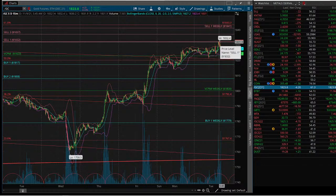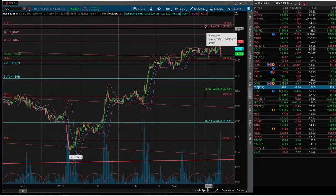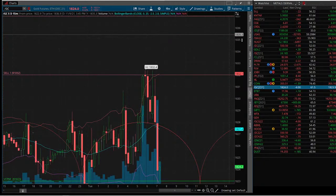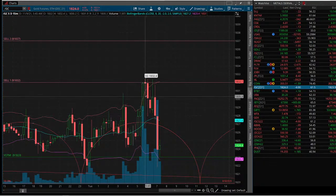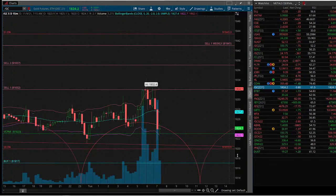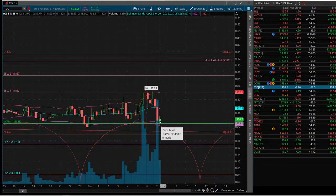So initially the market showed resistance at 1832, 1837. The sell one weekly is all the way up to 1841. And from the way it looks like, it's going to have to close above 1832. The close above the average price of 1832 will activate a daily price momentum. And I'm using the gold market as an example, as a technical indicator, directional indicator to all the other instruments,